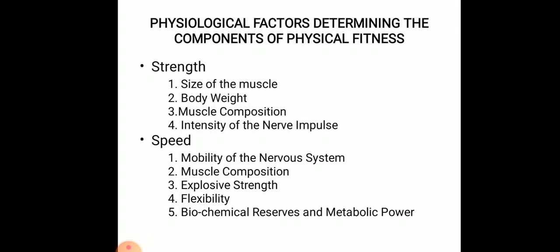And next one is the speed, the physiological factors of speed. First one is the mobility of the nervous system. This is called the mobility of the nervous system. The nervous system can